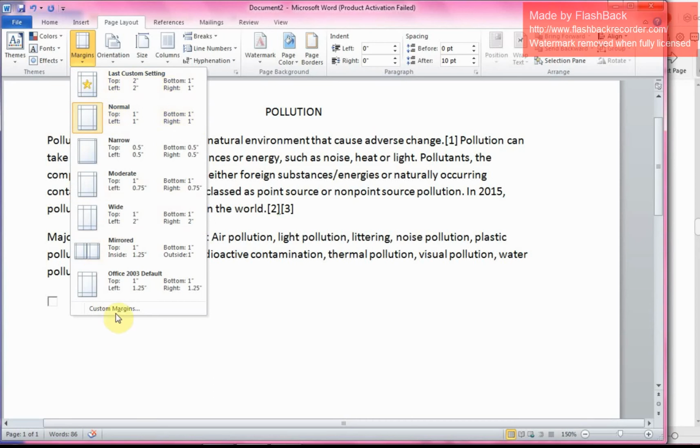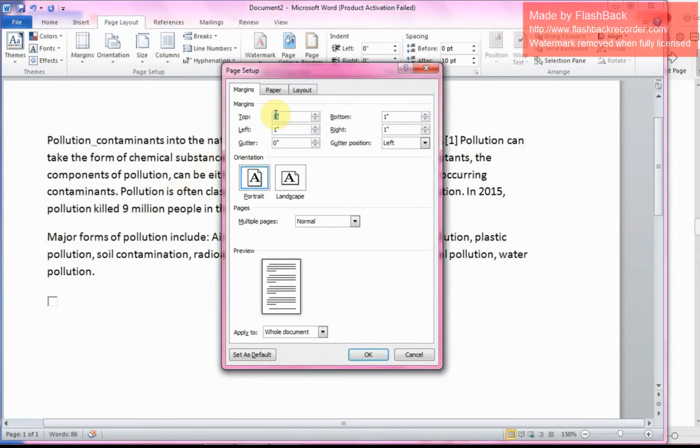We can also define the margin ourselves. Top: how much space you want to leave at the top of the page. Bottom: how much space you want. If you want to leave 1.5 space, see here is a diagram showing how much space you are leaving.